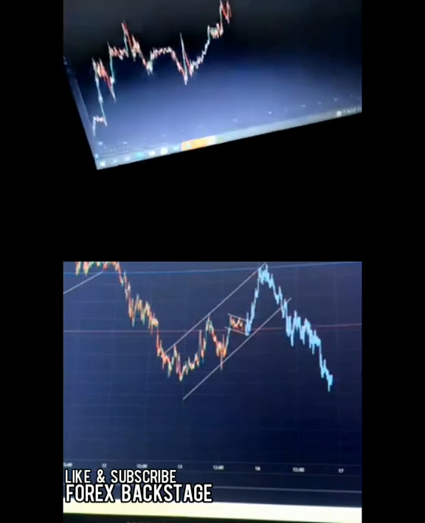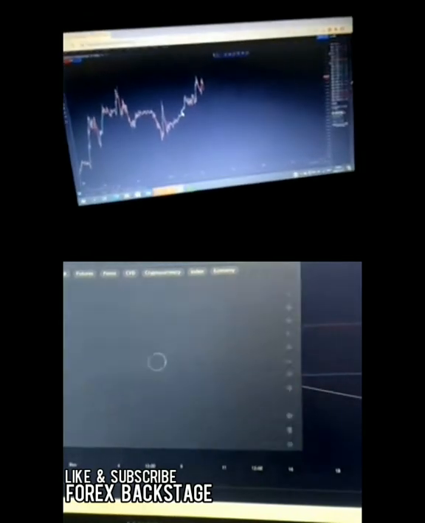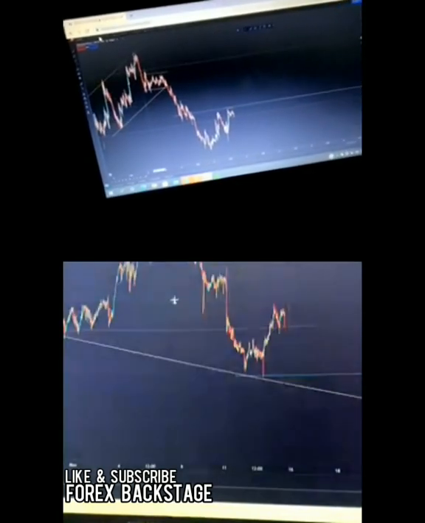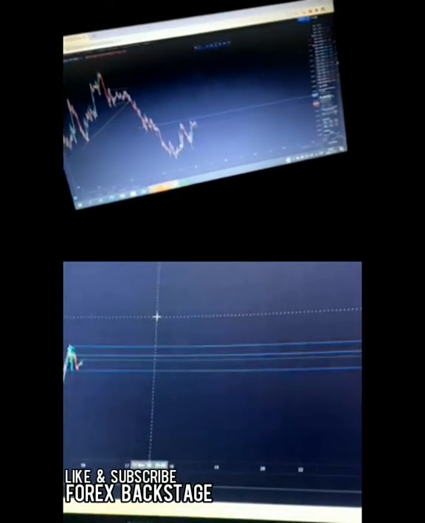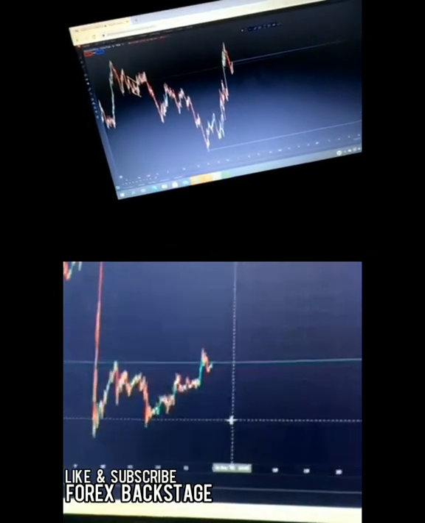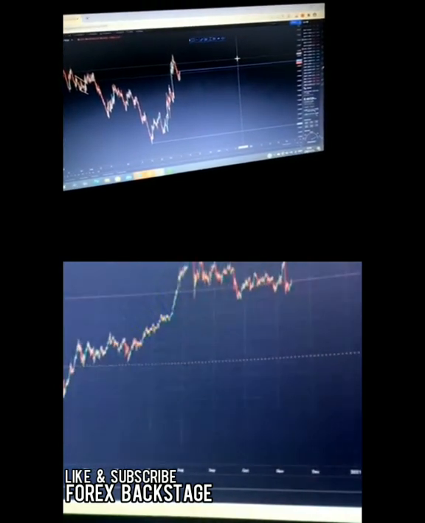Let me go to my gold pair, my gold trade. One second. The way I'm seeing gold right now, let me just take away all this stuff here. Let's go on a 4-hourly time frame: we already had that impulsive move last week, and now